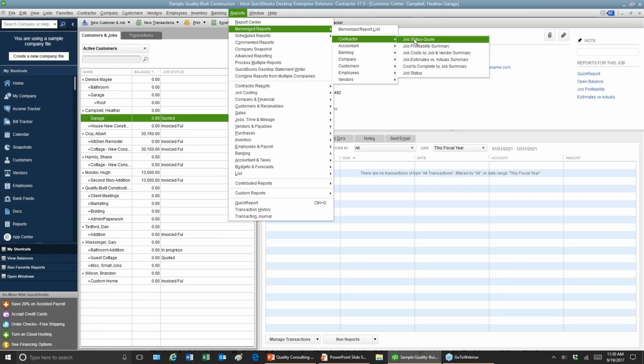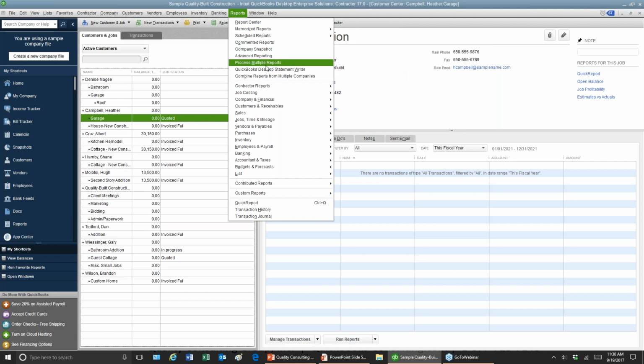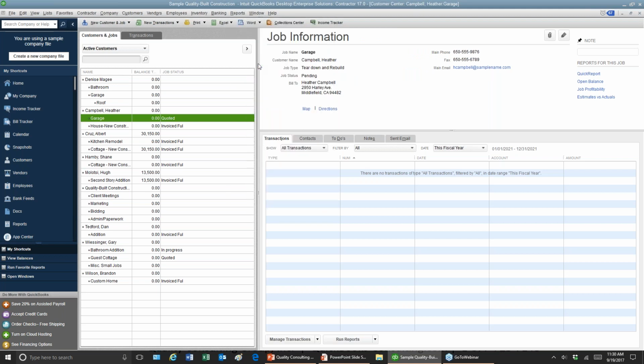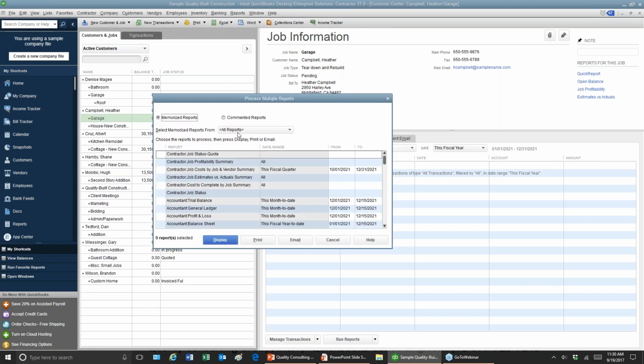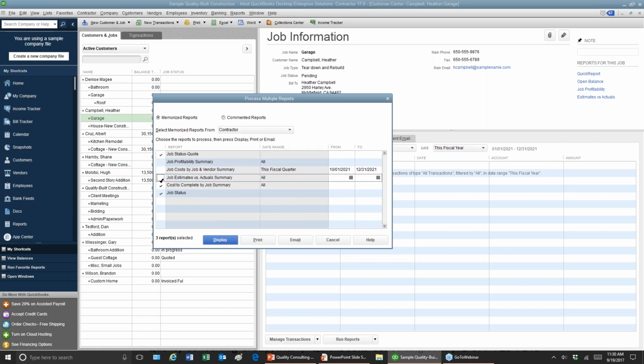And if you're not familiar with the memorized report groups, one of the big benefits is that you can process multiple reports. So if you go to process multiple reports, you pick whatever the group is, and you can customize your own groups and create them. These are just the ones that come standard in QuickBooks. Under contractor, you'll see the reports that are there, and you can just choose to display or print those job status reports, or maybe you just want the profitability reports.